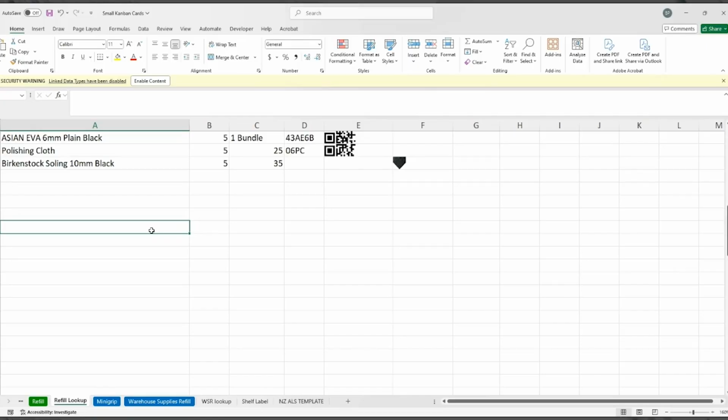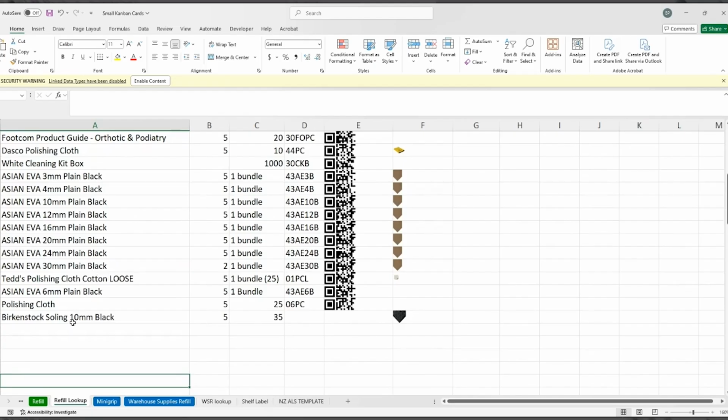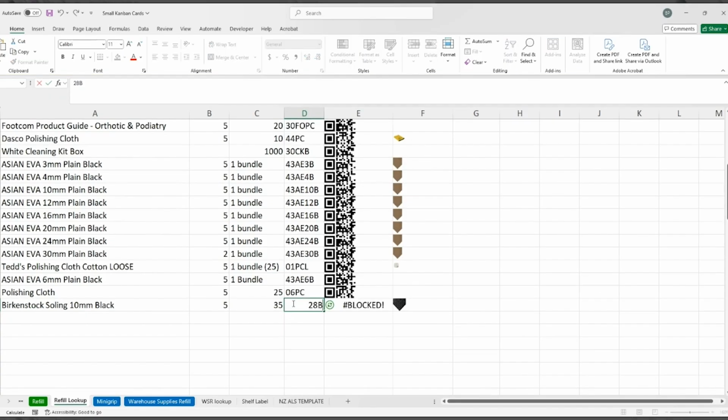That's my favourite lean improvement for 2024, this Kanban card system. So put all your information in these boxes. You've got your product name, Kanban quantity, the refill quantity, and then the part I want to focus on is this auto generation QR code. So you put the code in, which for this product is AFSDB,